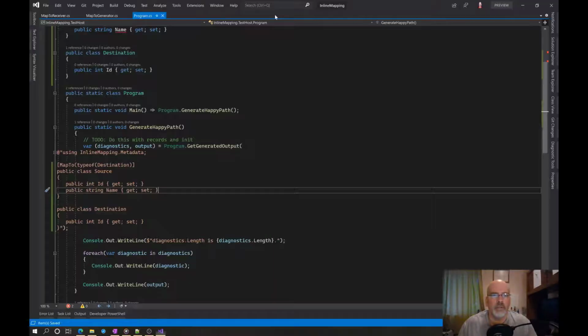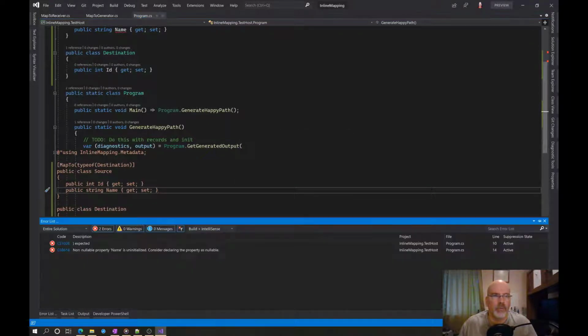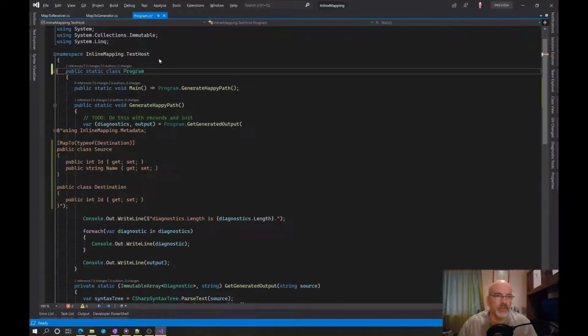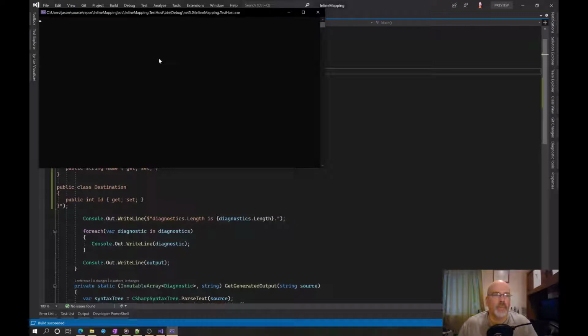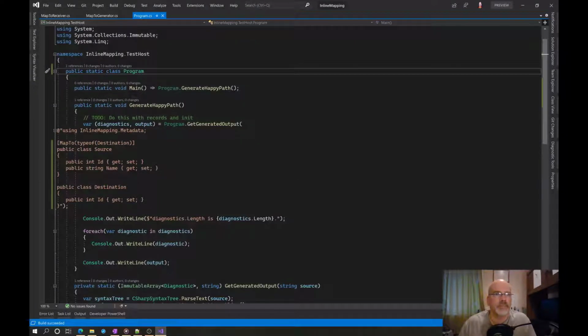Come back over here. Let's do this and the thing and the stuff. And now that should not work, of course. Oh, because, well, see, now that works. What we really want is this to work. Yeah, that's what we want. We want that to work. A match for name on the source type source could not be found, which is true. But you should have still